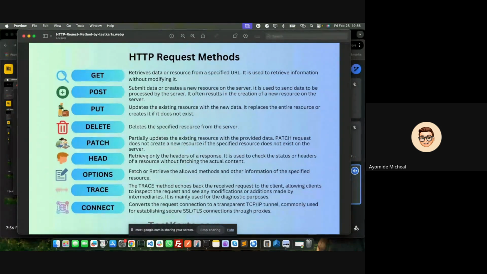And then for head, it retrieves only the headers of a response. So when you don't need the body, the content of that response, you can use a head request, which would only give you the headers. And then for options, it fetches the allowed methods and other information of the specified resource. So if you are making an HTTP request,